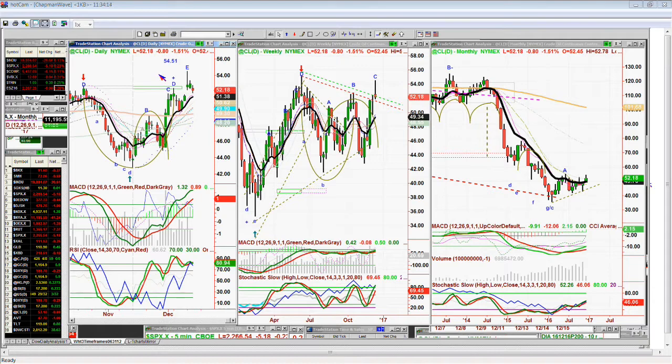I can only think of one time, I don't even remember what it is, but I know there was one time where the Fed did actuate a trend change. Most of the time, the trend change is already in place. So that's why I'm saying, if I go to the Dow INDU,